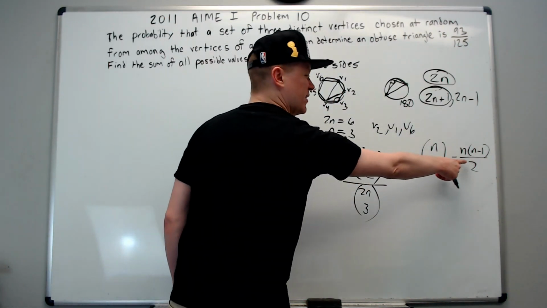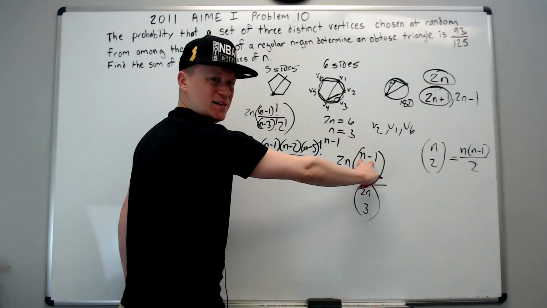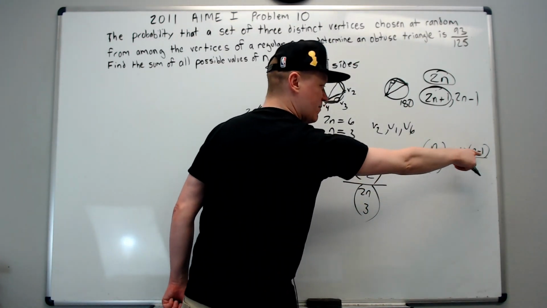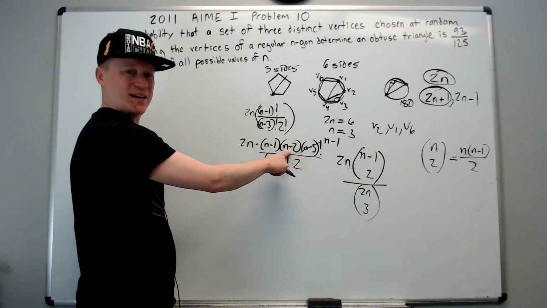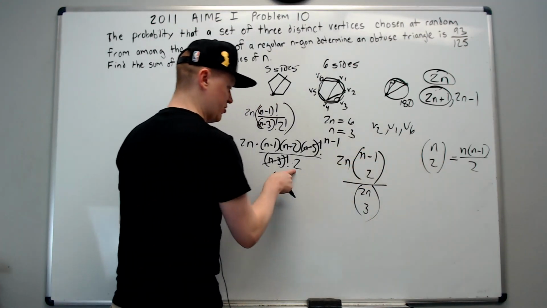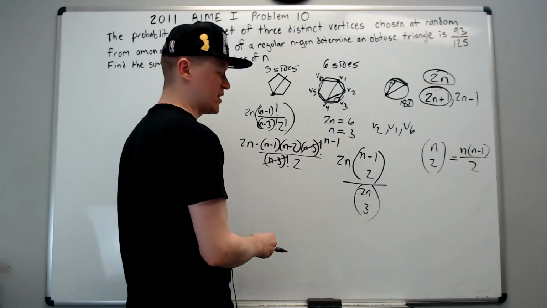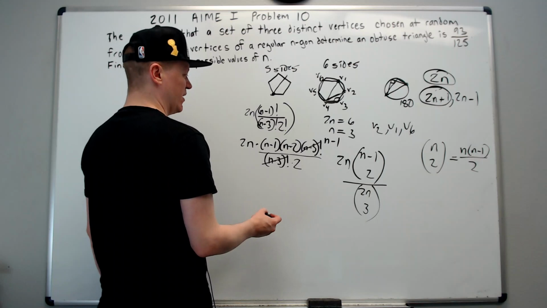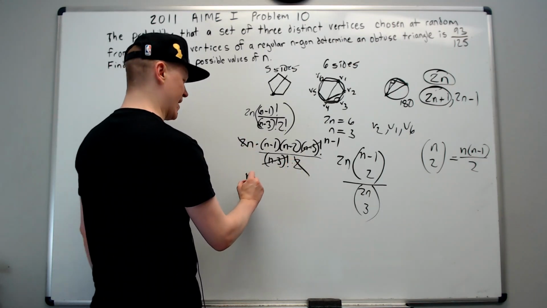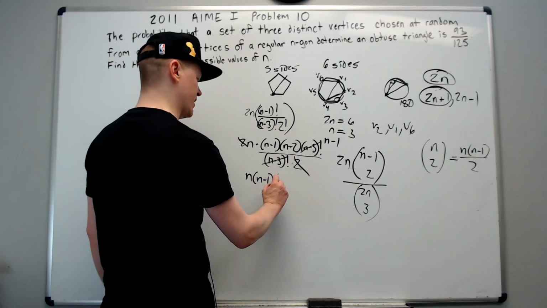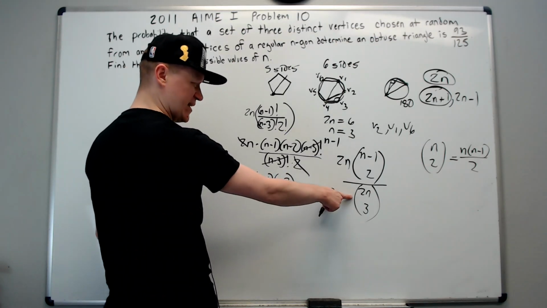How could we have applied that shortcut to this? Well, instead of it being n, it's n minus 1. And instead of it being n minus 1, it's n minus 1 minus 1, which is n minus 2, over 2. And that's what we got. So we could have used the shortcut, and you should have used it if you were doing this problem on the test. Now, this 2 can cancel this 2. And now I will have n times (n minus 1) times (n minus 2) over this.